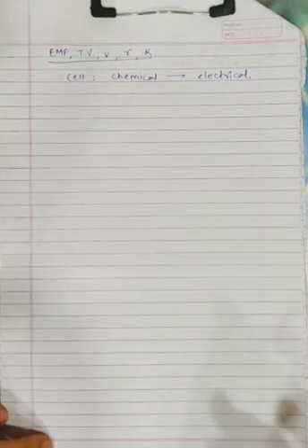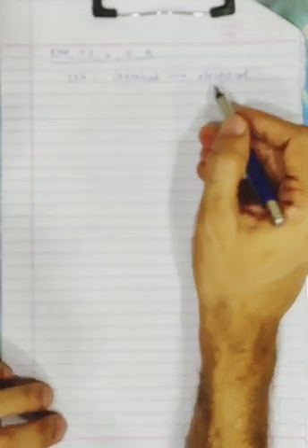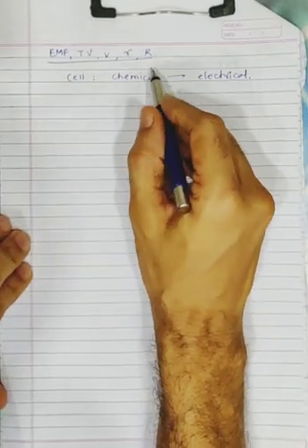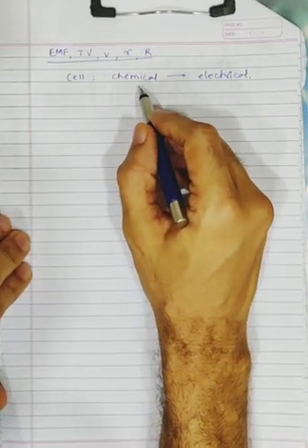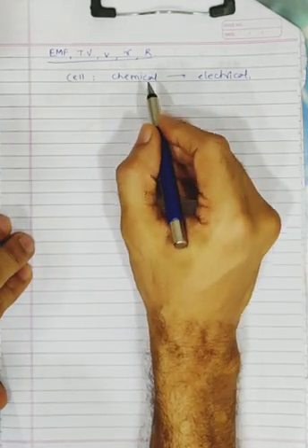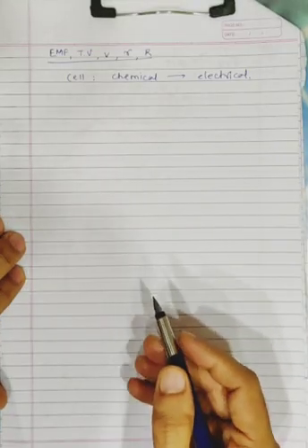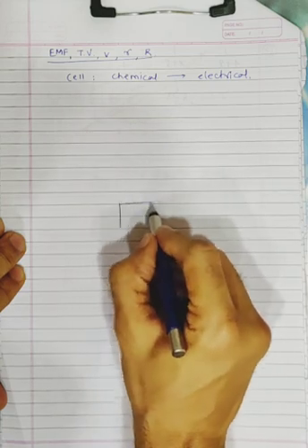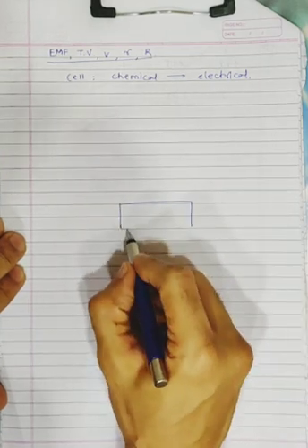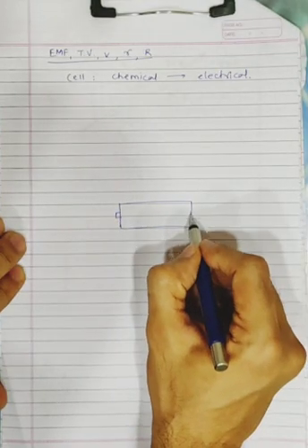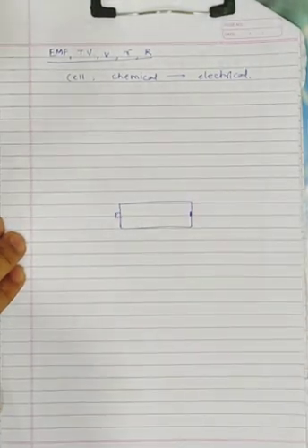Now when you say a cell is giving out electrical energy, what does it exactly mean? It means that a chemical reaction takes place inside it, and due to that chemical reaction, chemical energy is getting converted into electrical energy. Now let's say here you have a cell. What I'm drawing here is something like those pencil cells that you use. You will understand this part better if you've done electrolysis in chemistry.